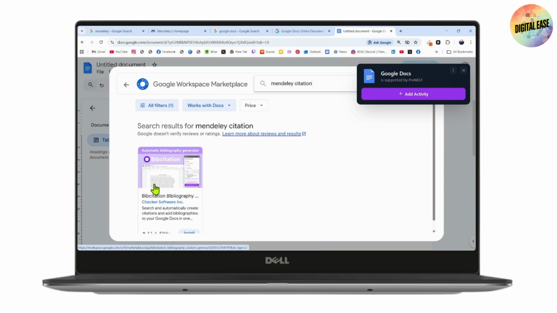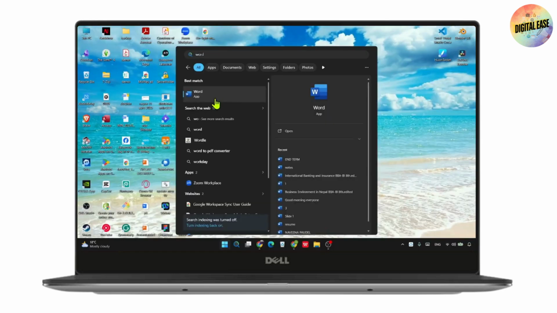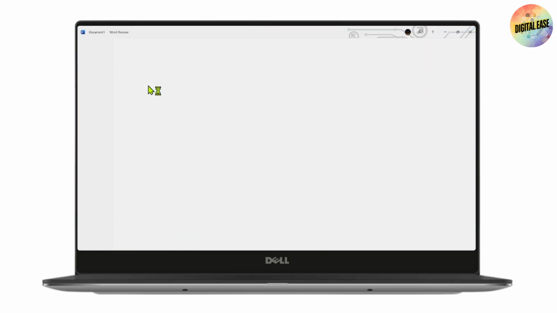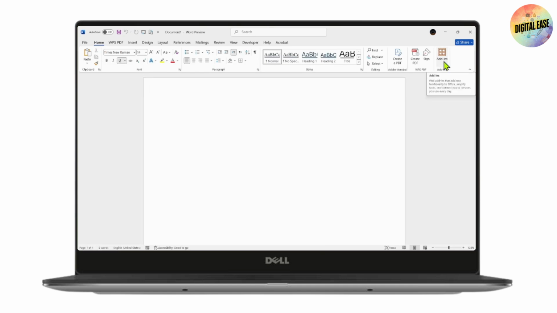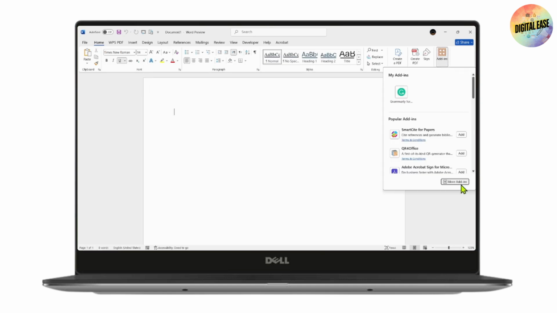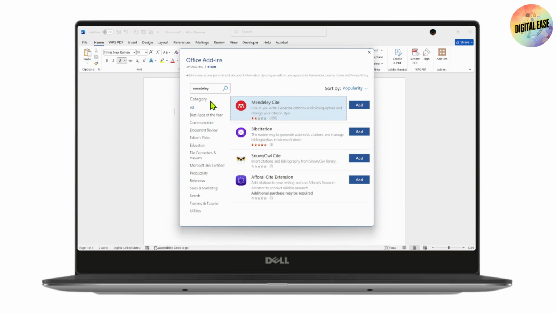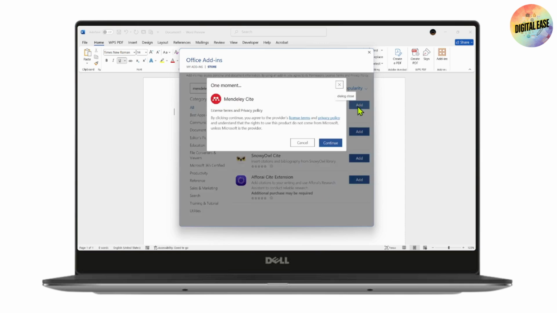Word. Okay, so once you sign in to your Microsoft Word, you need to go with a document and then go with add-ins, which will be in the top right. Go with more and search for Mendeley right here. For example, there is one right here. You need to simply go with add, which will be on the right side, or click on it and